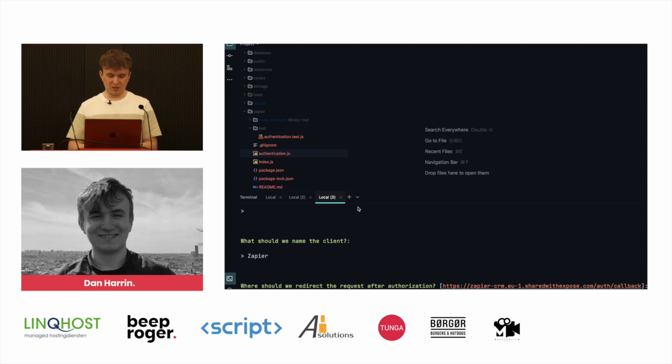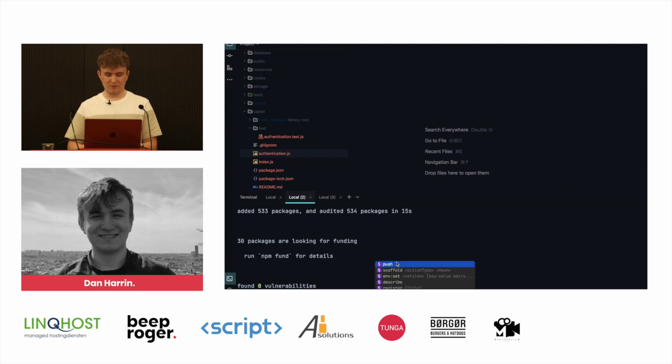First, we need to actually publish the integration so that Zapier actually knows about it. So we're just going to call it test CRM. And now we're going to push the code up that we've got already onto Zapier. In the wrong directory.